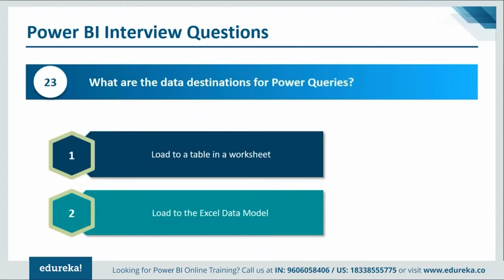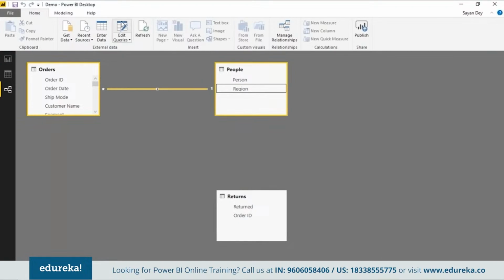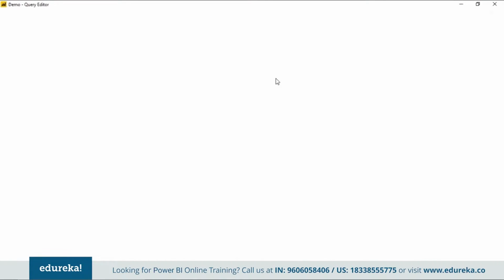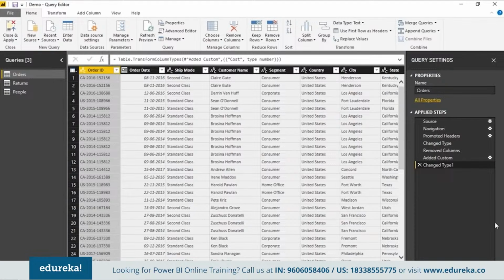Okay, query folding is actually another very, very important feature in Power BI, and obviously it's more of a performance enhancement question that can get asked. Very, very important question actually that sometimes tends to get asked here from a performance optimization standpoint. And query folding basically relates to the fact that the kind of operations that you can perform at the source get transferred to the source. Okay, so at a very basic level, there's something called view native query that you will see.